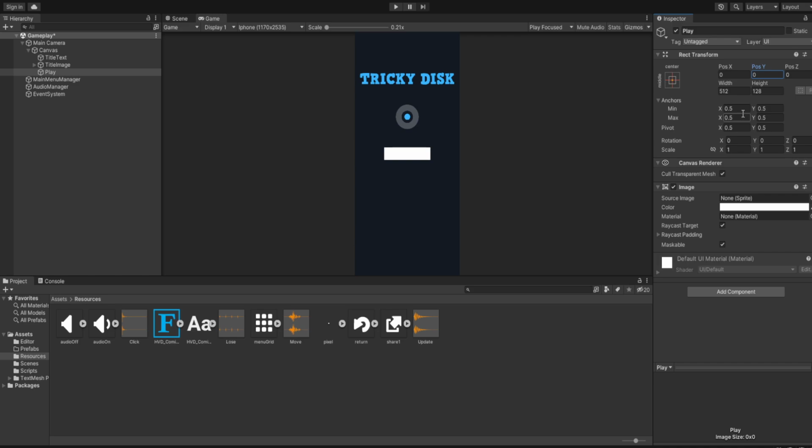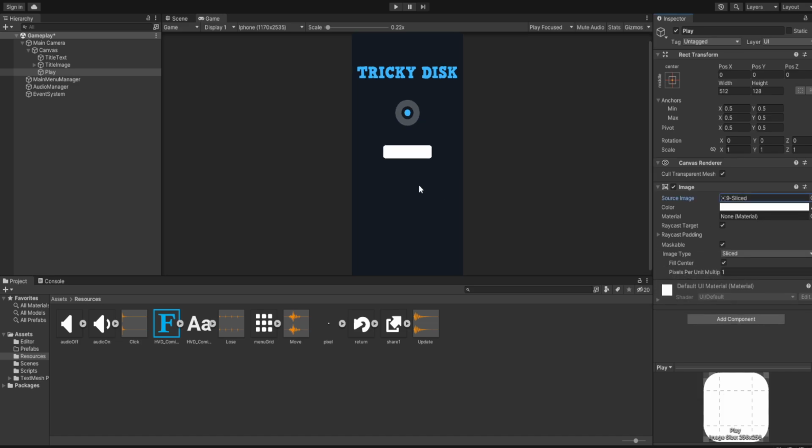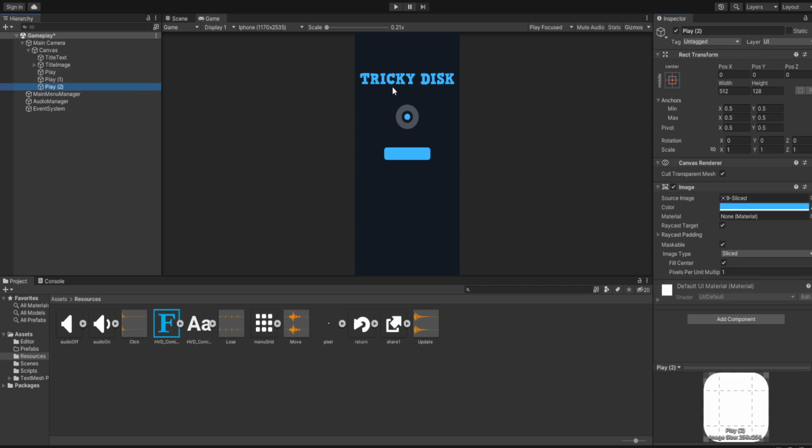Let's position it at 0 first, and for the sprite we are going to use our 9 slice sprite. So now for this button, we'll set its color to be our default blue, and we'll duplicate this button two more times. And the second one is going to be for our sound, and it's going to be at negative 192. And our final one, which is going to be at negative 384, is going to be for our quit. Now,